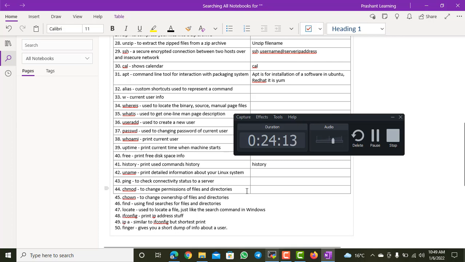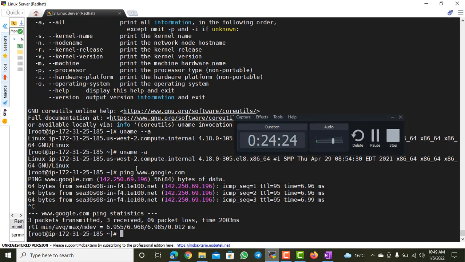chmod, if you want to change the permission of a command. Permission is something we can understand in more detail, but basically, in short, chmod has three types of permission. If you see